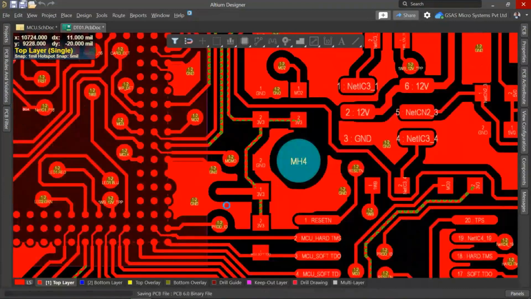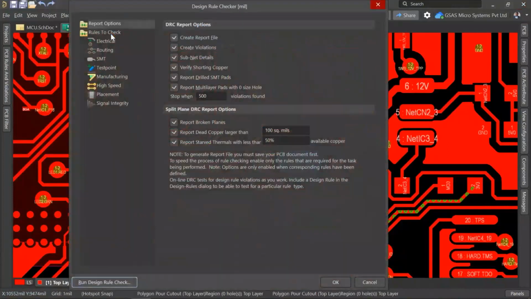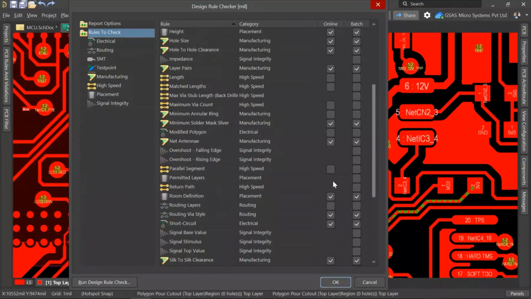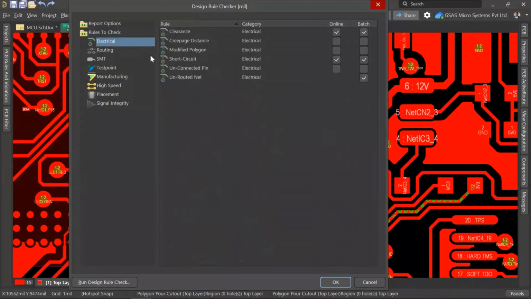Finally, we are going to run the validation reports, that means generating the reports by the DRC. If you go to Tools and select the option called Design Rule Check, then in the design rule check, as I told, we have the option to choose rules to check, and the rules to check have two categories, as I told, online and batch. I usually select the clearance rule and the width rule for online, and the rest for the DRC. By unchecking and checking, you can select which is for online and which is for the DRC. Okay, and again here we have chosen clearance for online and the remaining for batch rules.